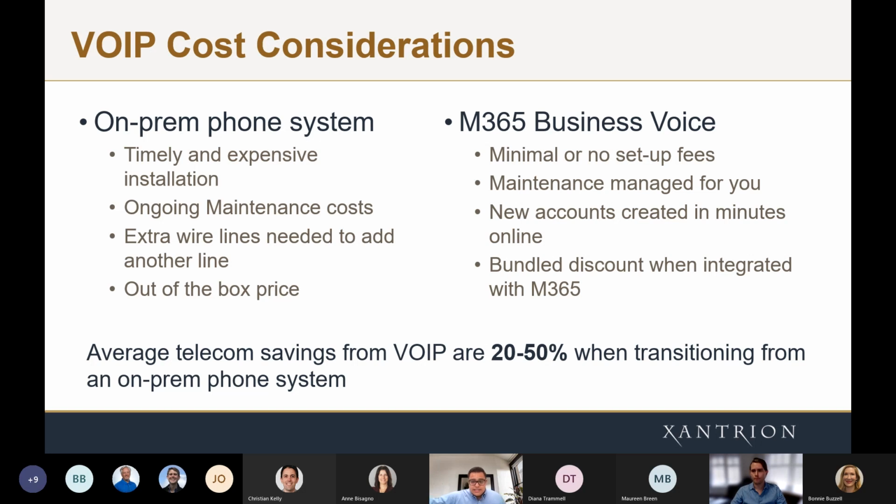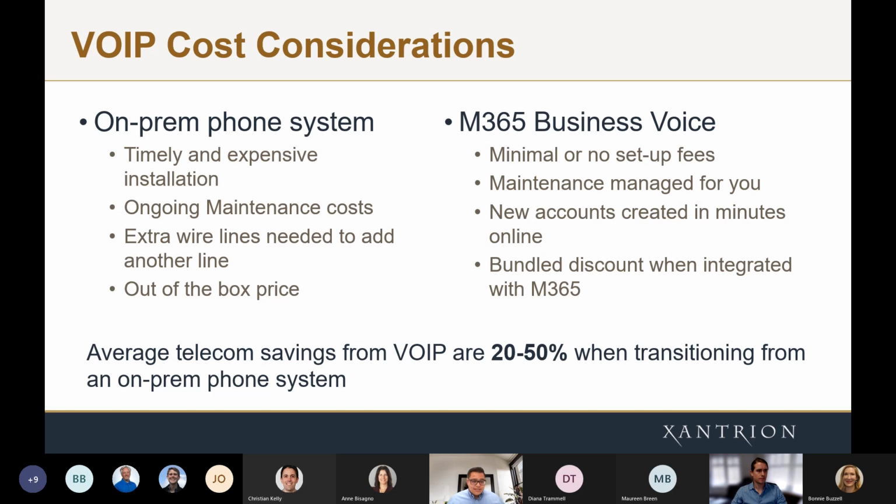Whereas inside of Microsoft 365, we're able to take advantage of economies of scale and have that bundled discount available to us because we're integrating these calling capabilities into our overall subscription with our Microsoft service. And so hopefully you can see, there's a lot of different layers to this. There's a lot of reasons why unified communication as a service absolutely needs to be a consideration for your business. Especially if you're already inside of the M365 platform, you understand the capabilities and why it's such a phenomenal service. Well, why not go ahead, bundle your calling, and bring together more value for a reduced price?